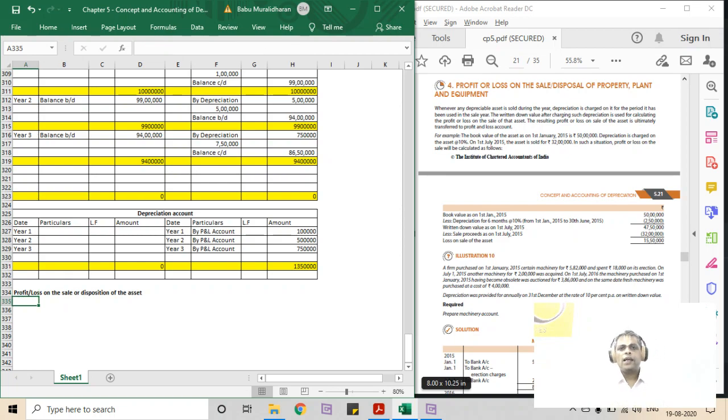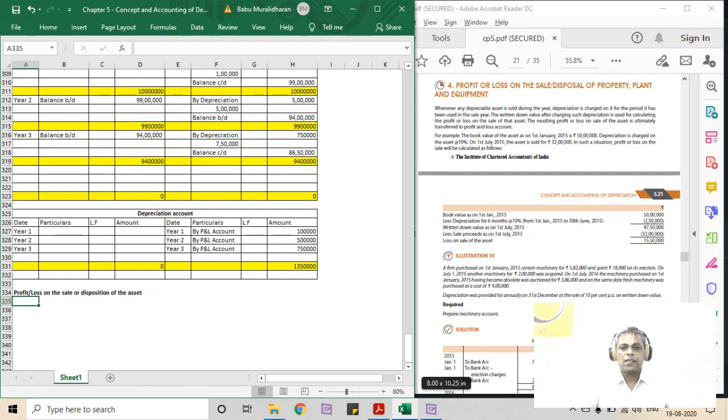What will happen when an asset is sold? An asset can be sold when the life of the asset is over, or when new and upgraded machinery is purchased, so the old machinery can be disposed of. Or it can be sold because the machinery is becoming scrap because of its non-performance, or because of technological advancements. There can be multiple reasons why a machinery, plant or equipment can be disposed of, either at the end of the useful life or during the useful life of the asset, right? So how should the profit or loss on disposition of the asset be treated?